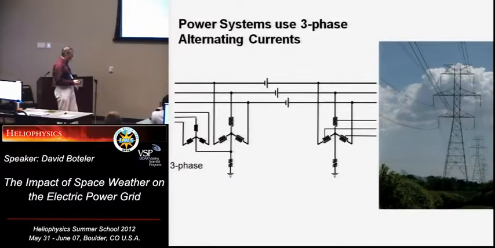The key thing for the geomagnetic effects, why I'm sort of laboring this a little bit, is because the three phases on the very high voltage lines are connected in what's called a star configuration. So there's the three phases coming in, and these three phases add up to 0. You get the currents coming in, and you can have the transformer, so power goes out on those lower voltage lines. But the currents add to 0 at this neutral point, and the same on there. And so, in principle, if everything worked perfectly, you could just leave it there hanging in the air.